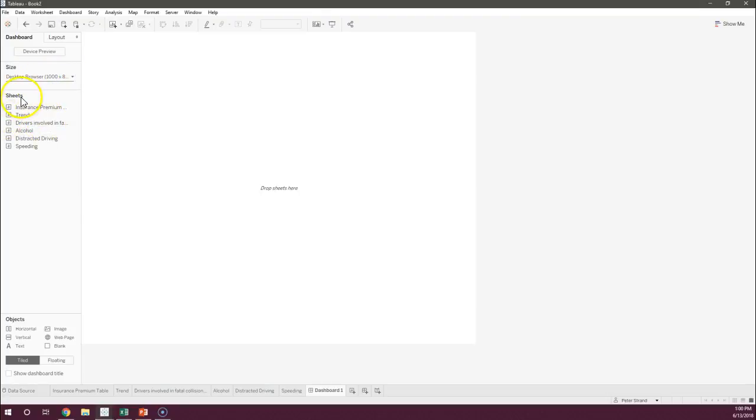Okay. And then below that, it's going to have sheets. If you hover over them, it'll show you an example of what we did. So this will look familiar from the previous videos that we made. Okay, and then below here we have objects. Now this has to do a lot with adding elements to the dashboard, such as a title using text, and you can create what are called layout containers, horizontal